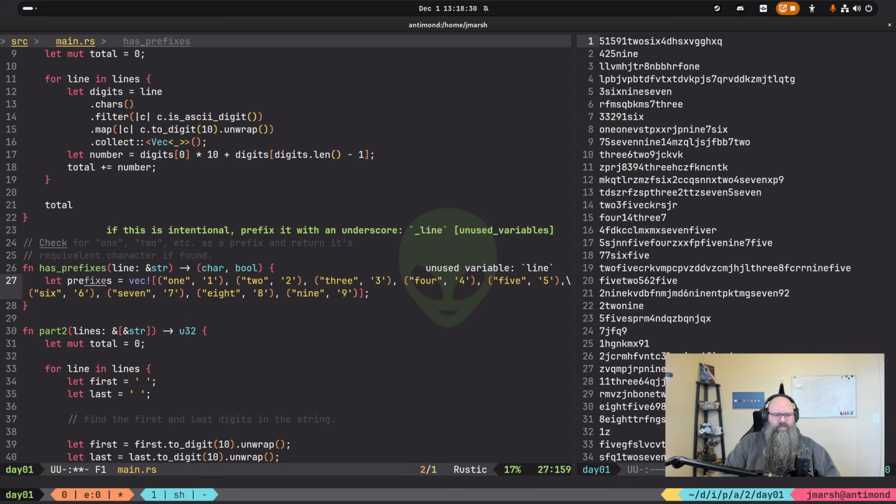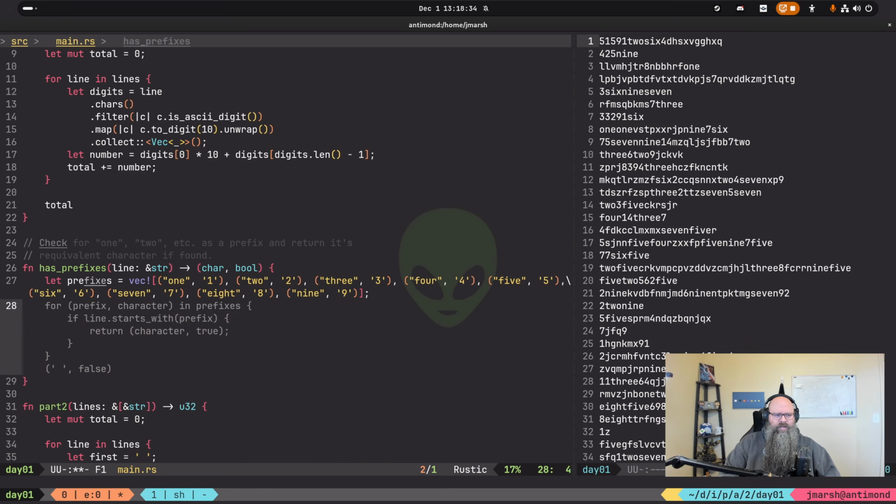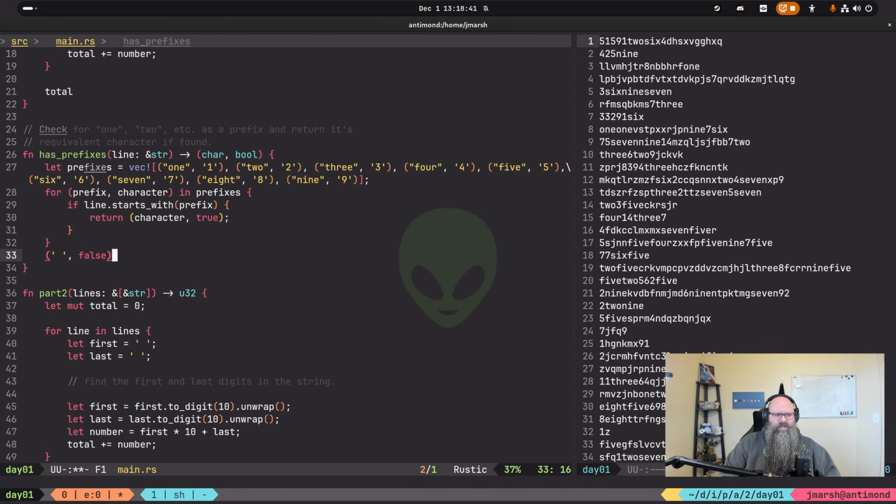There you go, like this: 1, 2, 3, 4, 5. If line starts with, there you go, thanks AI. So we say if the line starts with one of these prefixes, then we found it and return that instead.